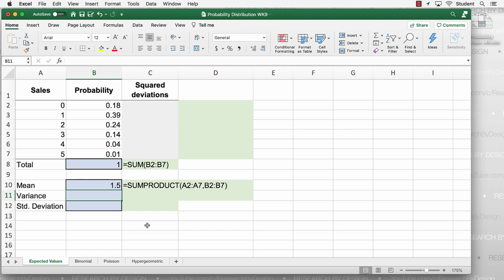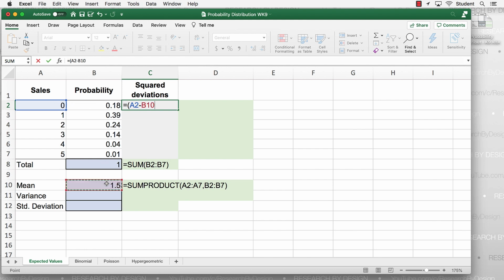Now we can calculate the squared deviations and again use the SUMPRODUCT. So the squared deviations, x minus the mean. Our formula therefore will be equal sign, open parentheses, A2 minus B10, which is our mean. And be sure to anchor or make this an absolute reference by using either Command T on your Mac or F4 on your PC.